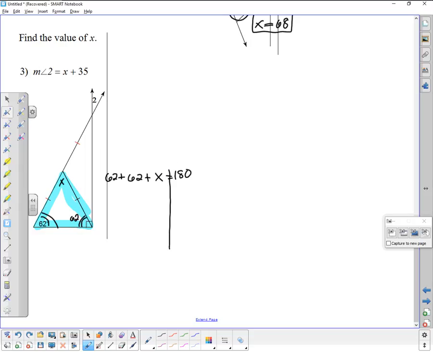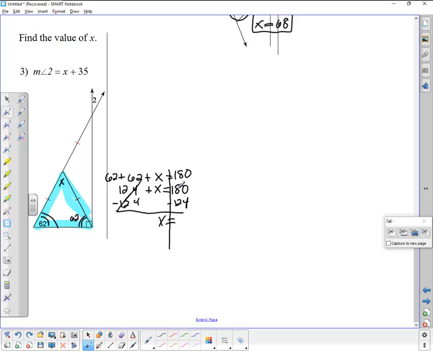So for x, get the x by itself. 2 plus 2 is 4, and 6 plus 6 is 12, plus x is equal to 180. Minus 124, minus 124. These will cancel. So you have x is equal to